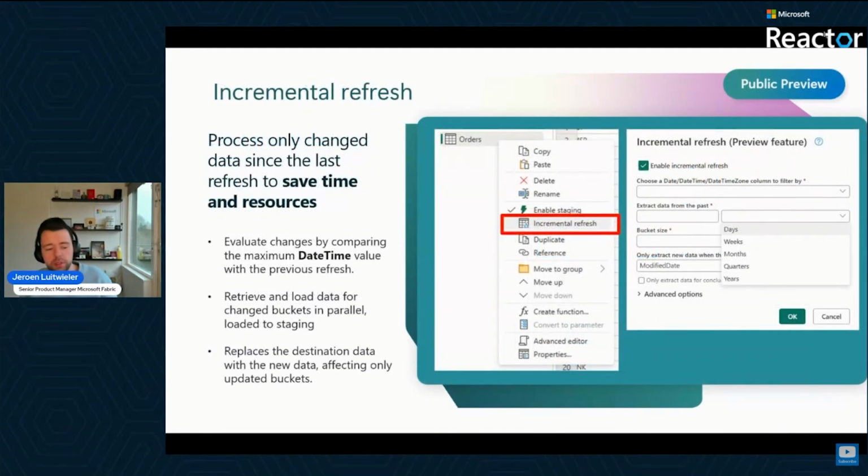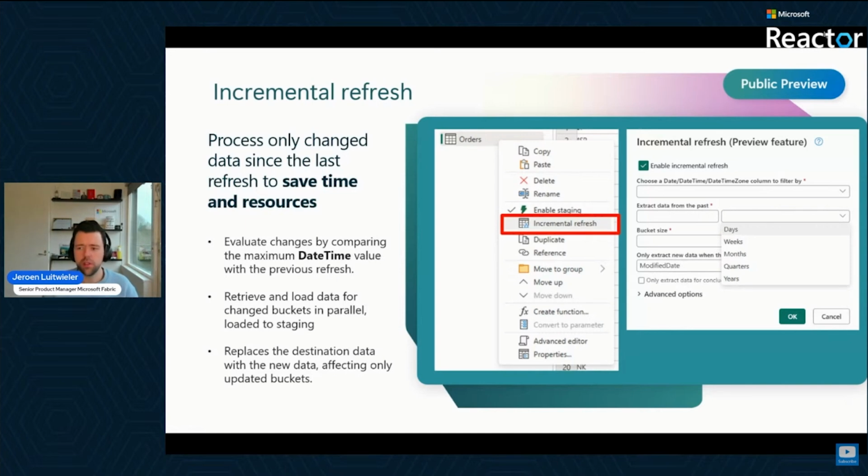As you are familiar with Dataflows Gen2 or Gen1, we had a concept called incremental refresh. And what it allows you to do is only load the data that you actually need in your data destination. So if you have incrementally coming in new orders, you don't want to refresh all the orders all the time. You only want to load in the new orders that have come in since the last time of processing your